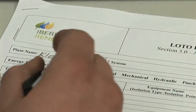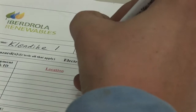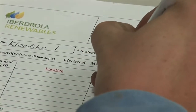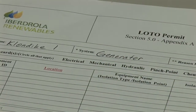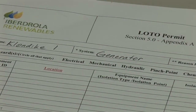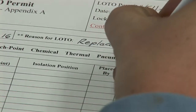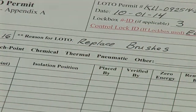Next, write down the plant name on the permit in the space provided. Now, write down the system on the permit in the space provided. The system could include the wind turbine generator number, the substation, or the transformer identifier that is being worked on. Now, write down the reason for the lotto on the permit in that space that is provided. The reason could be for preventive or corrective maintenance, replacement of parts, or any other task which needs the equipment